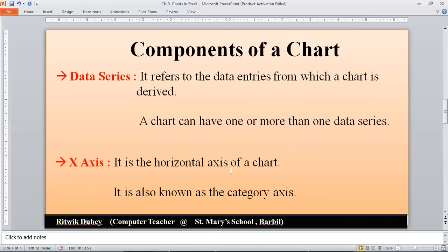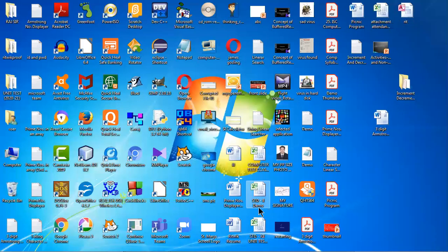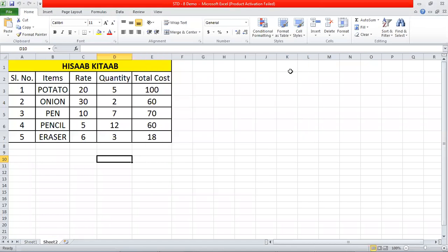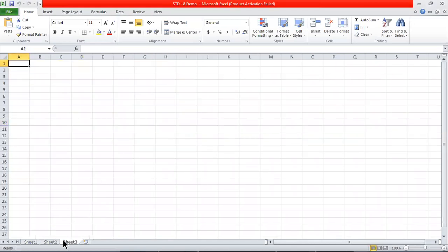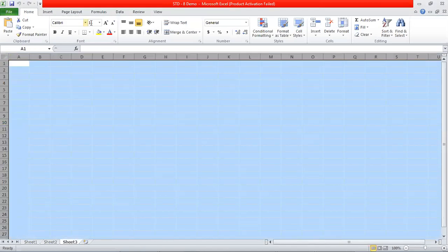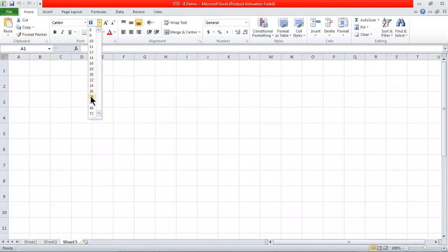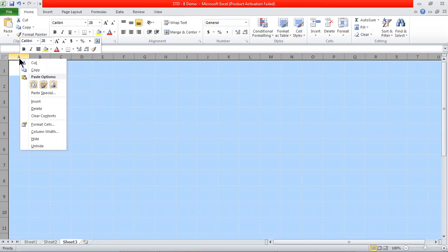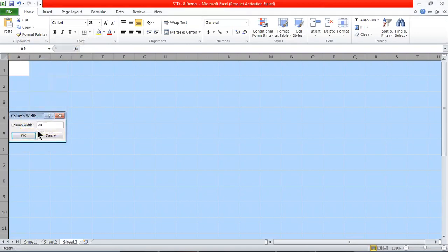Now let me show you how to bring a chart in MS Excel. Let me open this file. Let me create a new sheet. Now let me increase the font size to 28. Let me right click over any column and select column width, and let me make it 20.